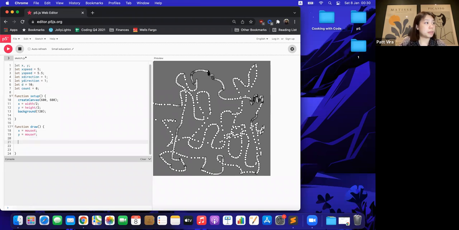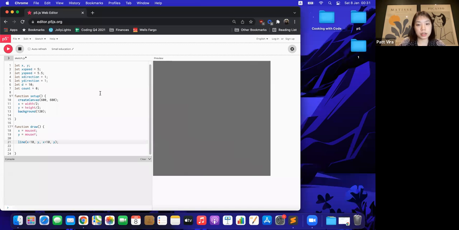I want to show you how we can do this. I already introduced you to how to create rectangles and circles or ellipses, but this is just another thing you can play around with. So this is just a line. Okay, cool. What if I give it a little bit of